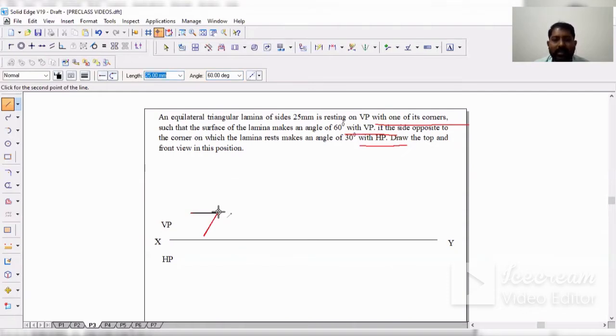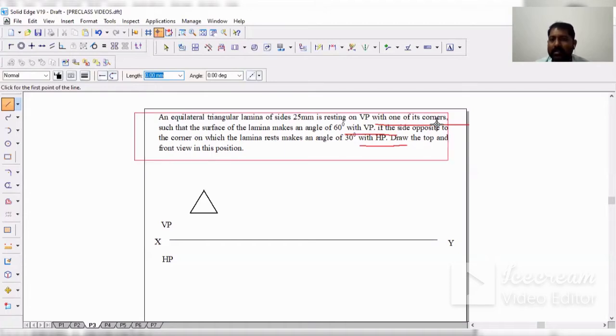Okay, next, sorry, not minus, it is plus 120. Select the line command, select the point here. Length is 25, enter, 120. Now length is 25, enter, minus 120. Now you got an equilateral triangular lamina.